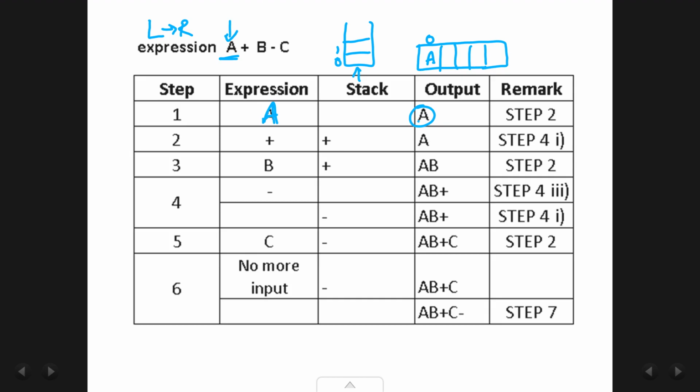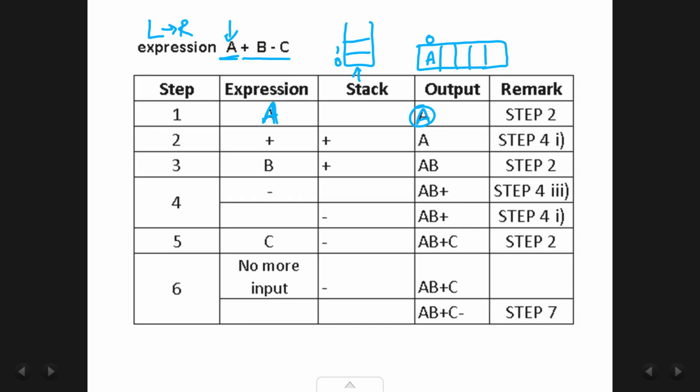Once we have put A in the output, that is your step 2, we do not perform the third, fourth or fifth step. We go to step 6. Step 6 says if there is more input, go to step 1. Yes, we are having more input here, so we are going back to step 1.